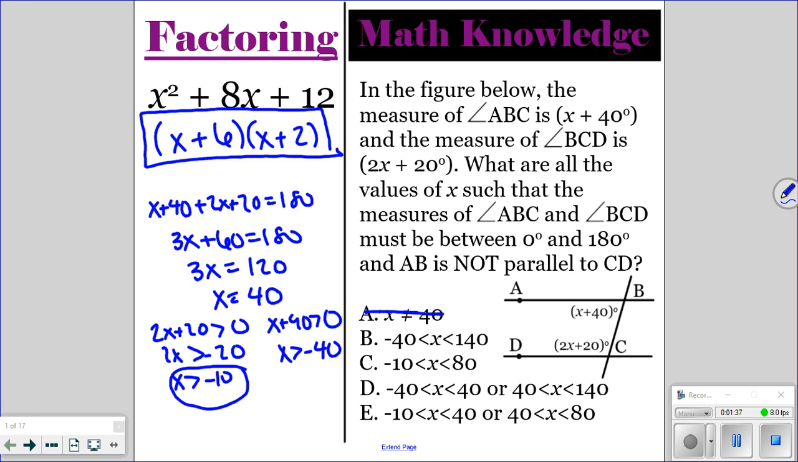So we're not doing A, B isn't right, C could be right, but it doesn't have this 40. And we know that at 40, it's going to be equal to 180, which means it'll be parallel lines. So we don't want that one. But E is the one we're going to pick because it goes from negative 10 to 40, and then it goes from 40 to 80. And the reason that we're going to go from 40 to 80 is if you look over here, one of these could be